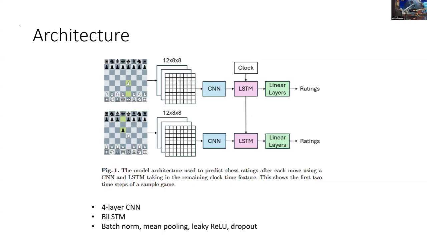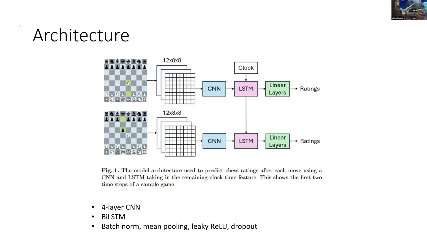I use the standard techniques like batch normalization, which sets the mean to 0 and the variance to 1 between each layer, for just the CNN and not the LSTM, because there are some drift problems that would cause. Then I'm using mean pooling to reduce the number of parameters and also collect the features together.